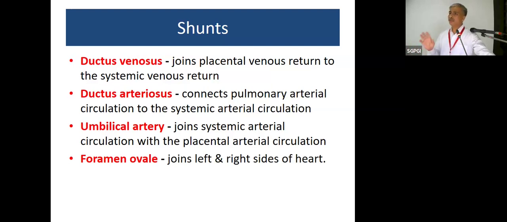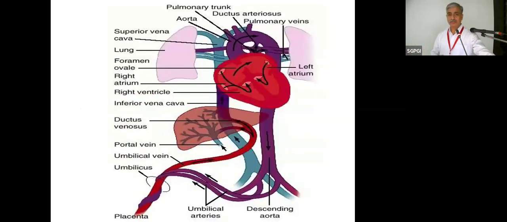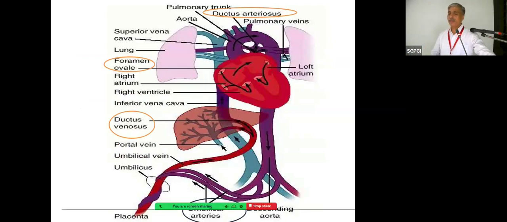So these are the four central shunts which are functional in the fetus, which help the fetus, despite having low oxygen and other parameters, to have streamed oxygenation to the important vital organs and less circulation to the less vital organs. The same thing can be seen in this picture so that it is better understood by everyone. So we have a foramen ovale where we can